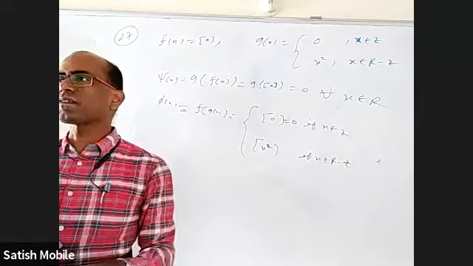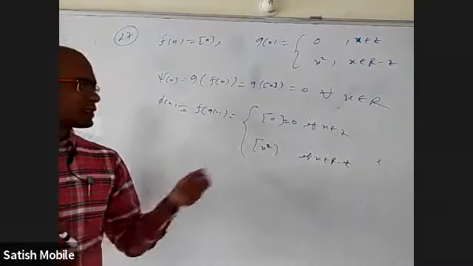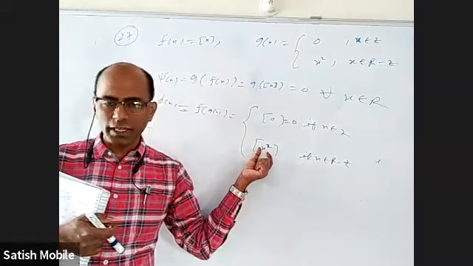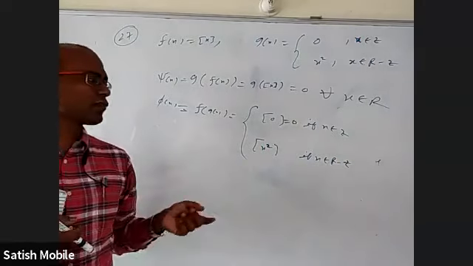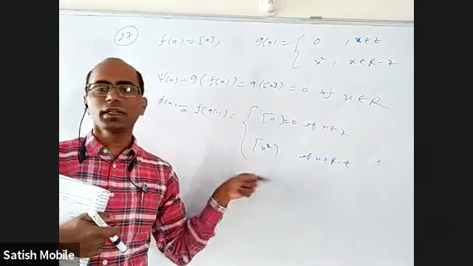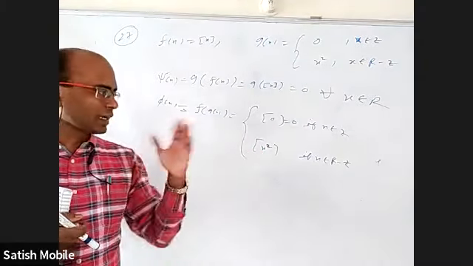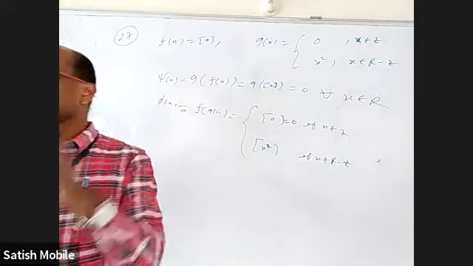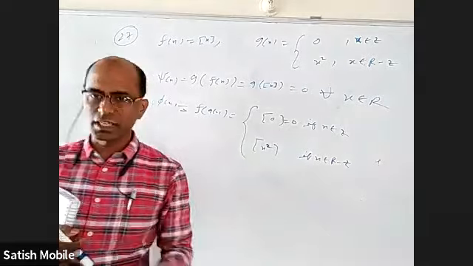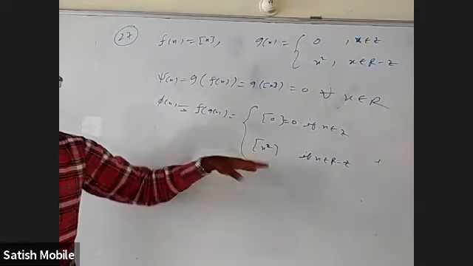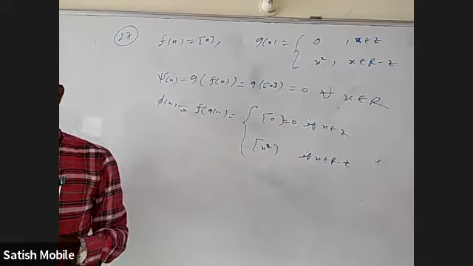But if you take just after 9 or just before 9, just after 9, it will be little more than 81. What is the integer part will be? 81. Just before 9, it will be little less than 81. Integer part will be 80. So at 9, left limit is 80, right limit is 81, but function value is 0. They are completely different. It is discontinuous. You don't even need this. Here itself, left limit and right limit are coming different.